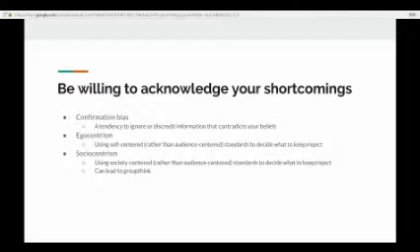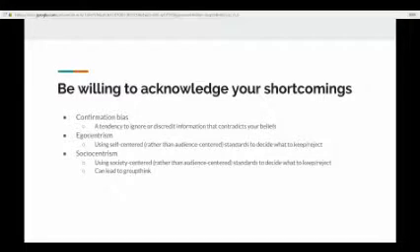But be sure that you're paying attention to these three very common shortcomings that come up whenever people research. One is confirmation bias. It's a tendency to ignore or discredit information that contradicts what you believe. Egocentrism is closely related. It's using self-centered standards rather than audience-centered standards to decide what to value.